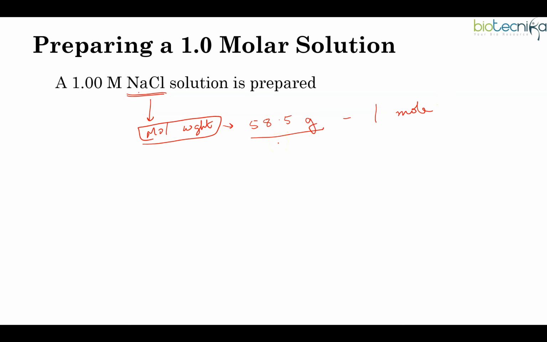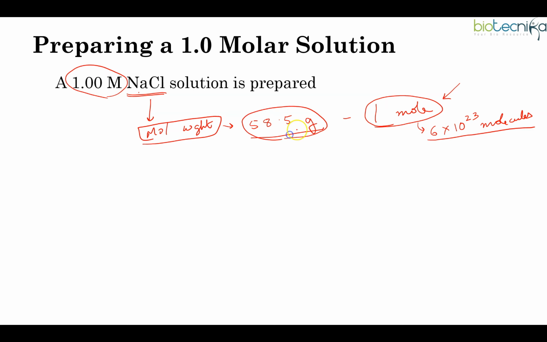But we want to prepare 1 molar NaCl, which means we have to take 1 mole of NaCl. You can't really count and add 6 into 10 to the power 23 molecules of NaCl. That is not possible, isn't it? Because 1 mole is 6 into 10 to the power 23 molecules. You can't really count this many particles. Instead, you just take 58.5 grams of NaCl in a beaker,